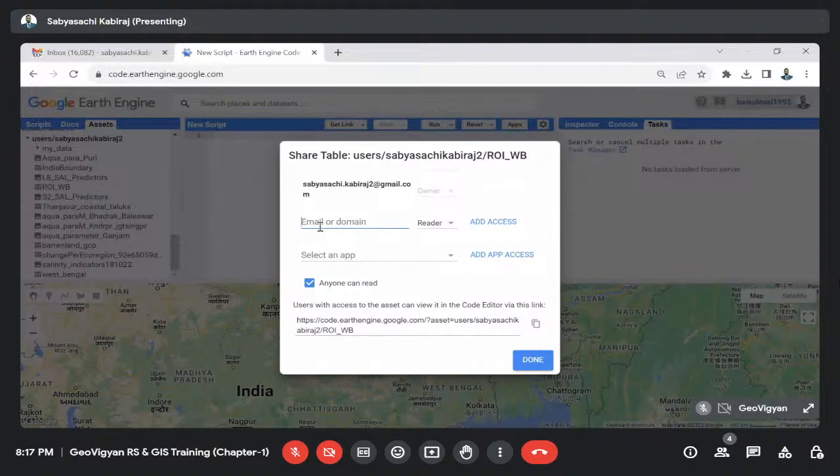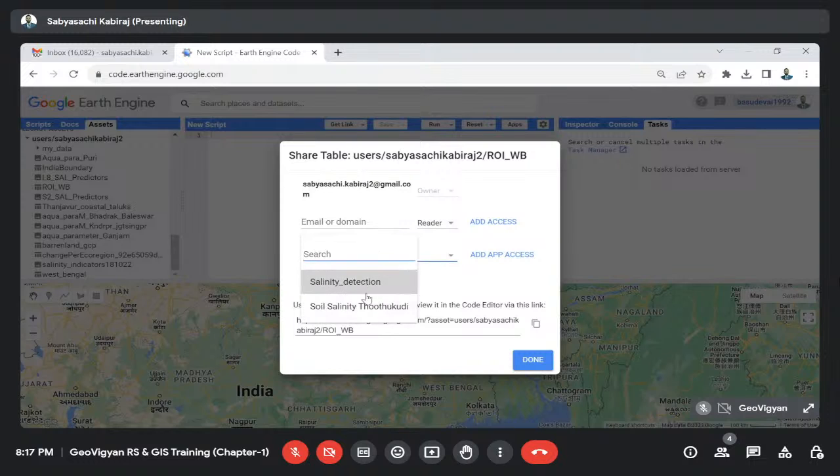If you want to give someone access to this file, just put the email of that particular person, and then you have to assign whether they can edit the file or only read the file, and then we give access, like add access. Or if you have some app and you want to give that app access to this file, you can